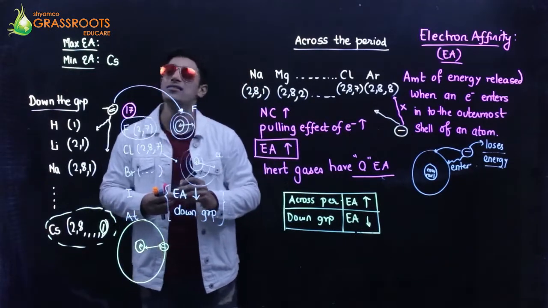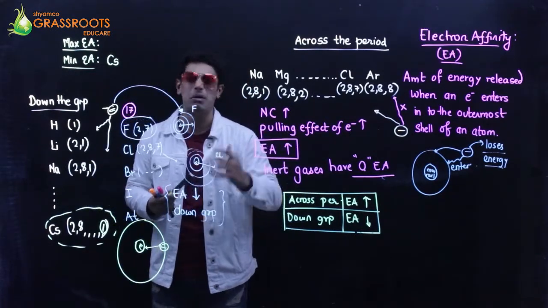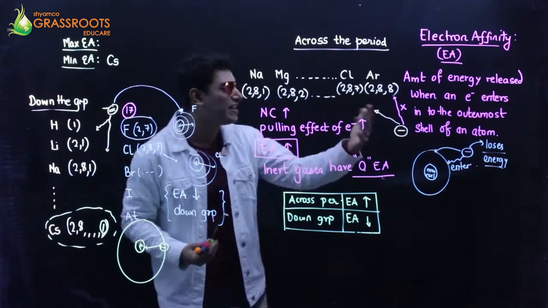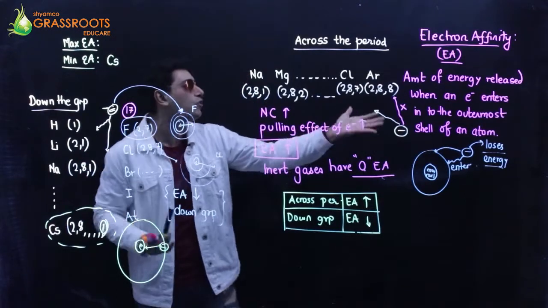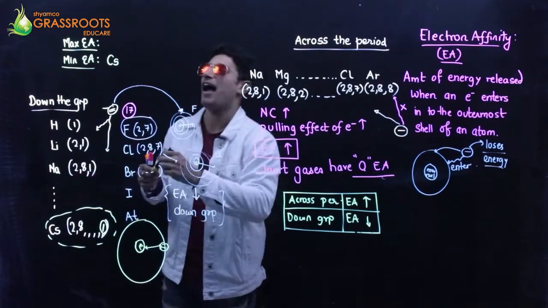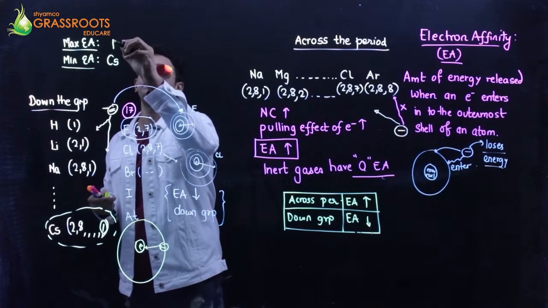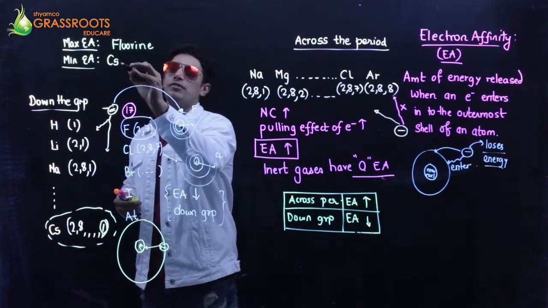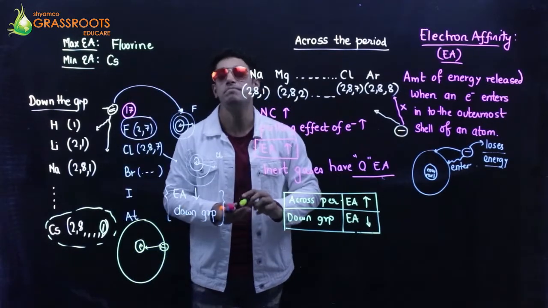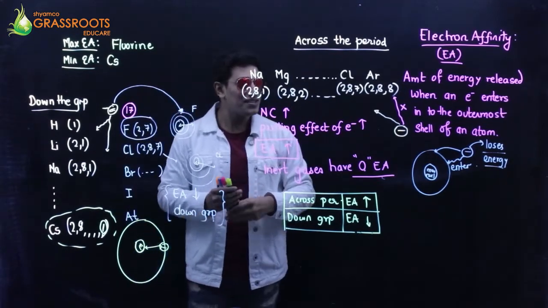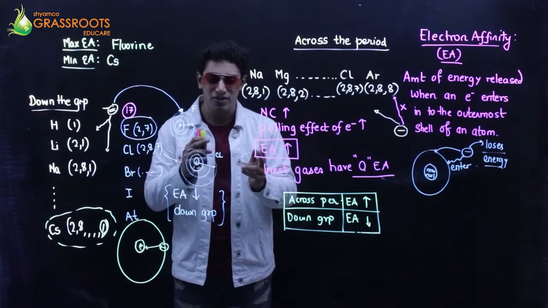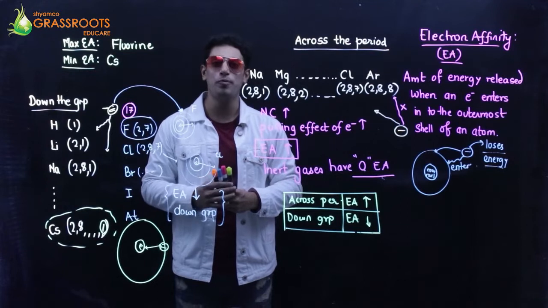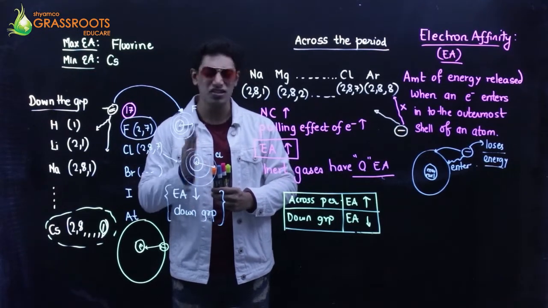So cesium has the lowest electron affinity, minimum, and fluorine has the maximum pulling power. Come on, I want to become stable. Electron, it's always in hunt. Where is electron? Do you have an electron? And that is nothing but fluorine. So fluorine has maximum electron affinity and cesium has the minimum electron affinity. This is a concept which is in contrast to ionization potential. And after this, 2 more properties are left. Just go through this thoroughly.